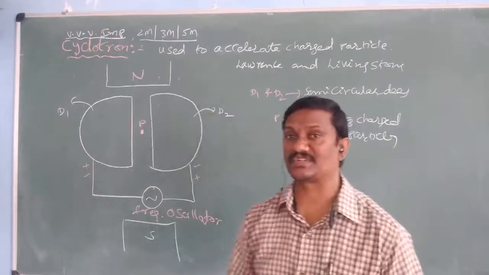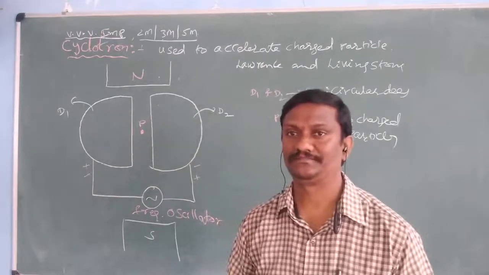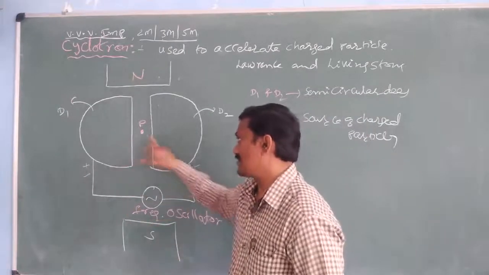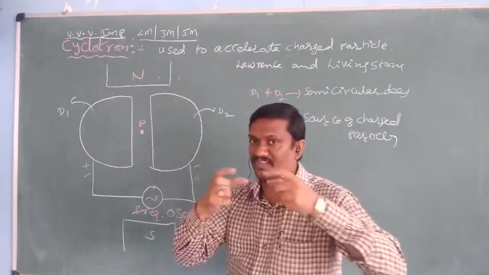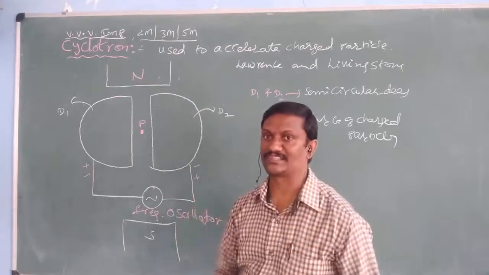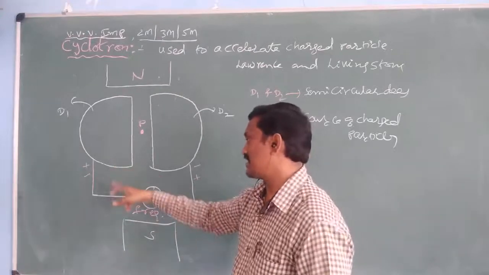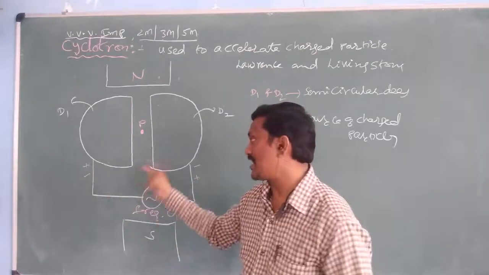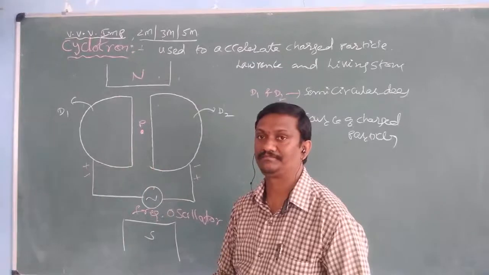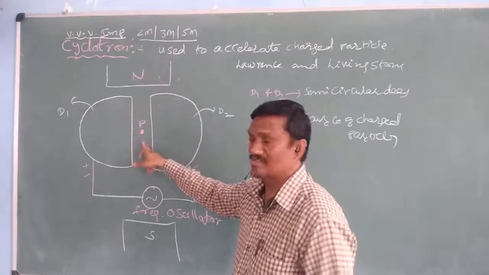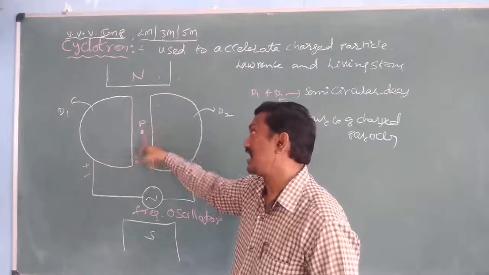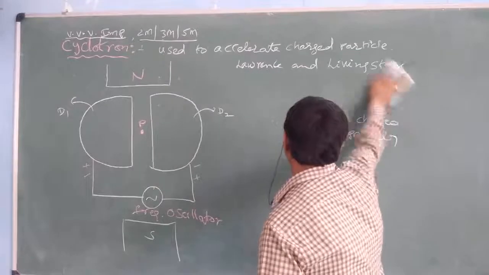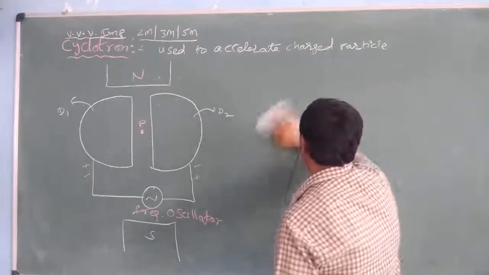So that is about the construction of the cyclotron. Once again, simply observe: a cyclotron consists of two hollow semicircular disks. Their open ends face towards each other and are separated by a small distance. Between the semicircular disks, an AC source, a frequency oscillator, is applied, and every time the polarities of the Ds change. P is called a source of charged particles, and N and S represent the two strong magnetic poles. So that is about the construction of a cyclotron.